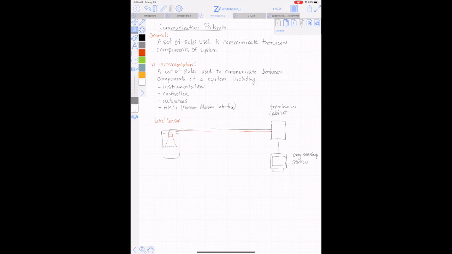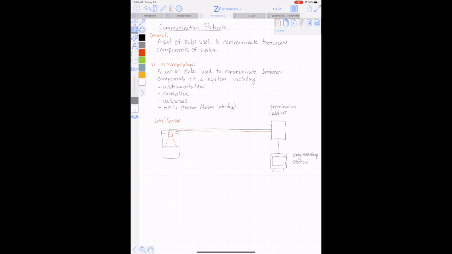Communication protocols are a very important part of an instrumentation system. In general, communication protocols are a set of rules used to communicate between components of a system. In instrumentation, the same is true. A set of rules used to communicate between components of a system, including instrumentation, the controller, actuators, and the HMI,